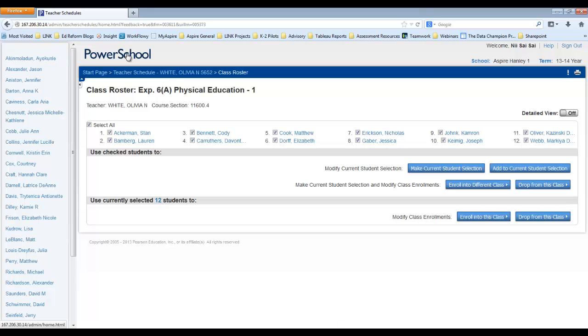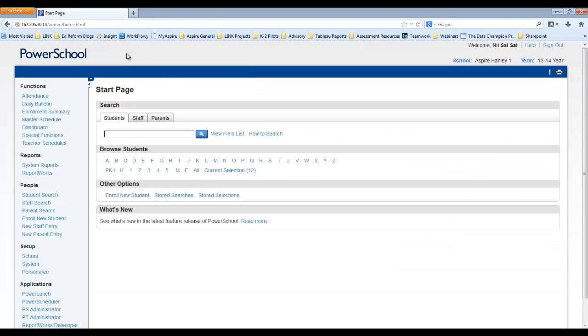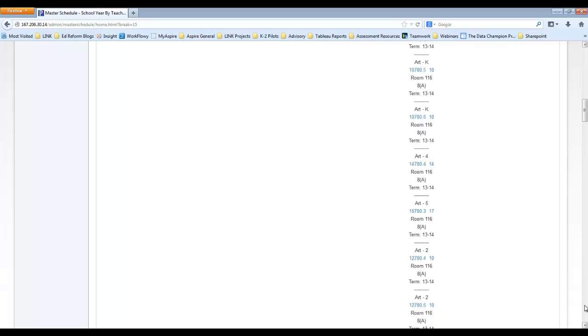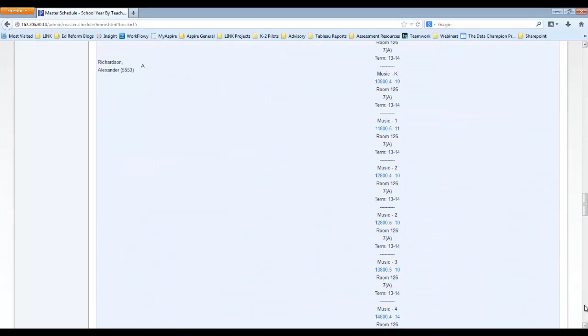So once you've gone ahead and done this for all the sections that you'd like to enroll students in, you can go to the PowerSchool homepage and then go to your school's master schedule to look at the counts of students in its section. So for example, if I scroll down and look for Olivia White,